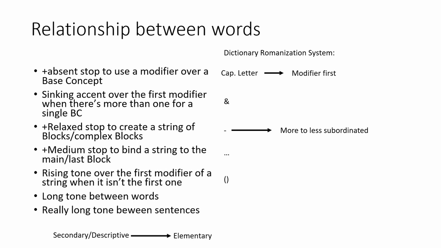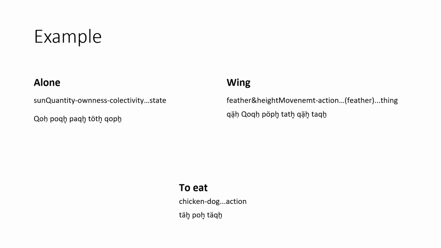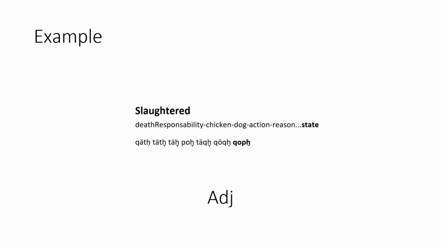As this may be a difficult concept to digest, I'm giving some examples and thereby explaining a few more things. These are a few examples. You may notice that while some words are really short, some other ones may become, in contrast to English, really long. Also, you may notice that it is usual for adjectives to end in state, verbs in action, and although way more variable, nouns in thing or idea sometimes.